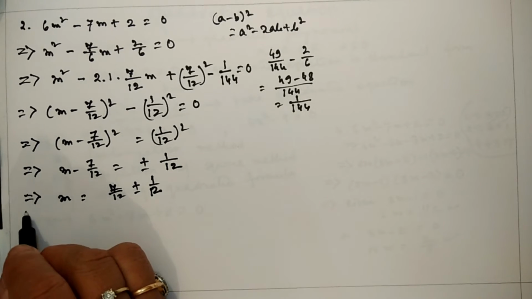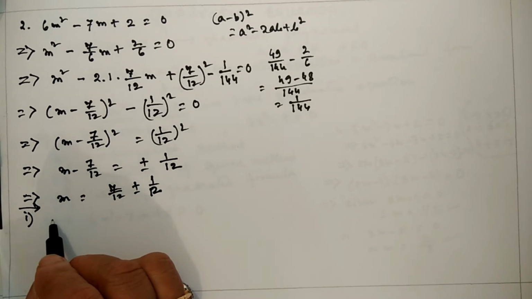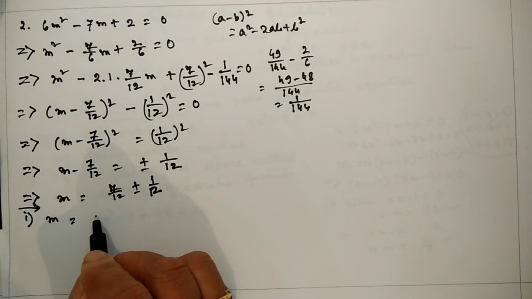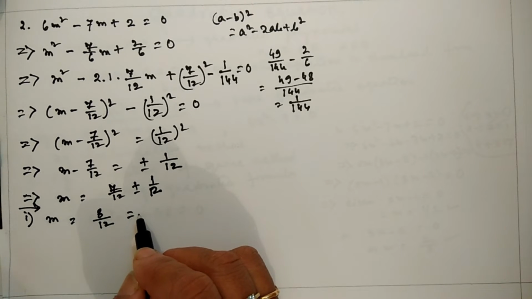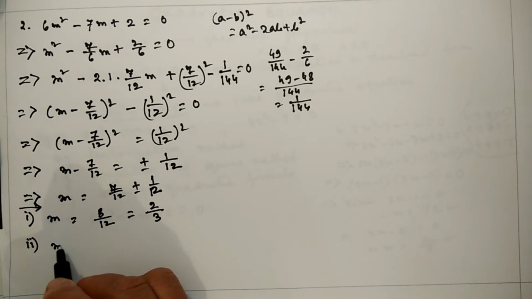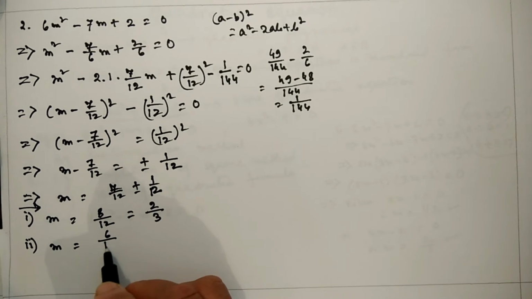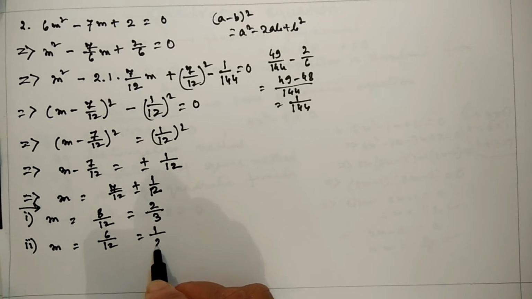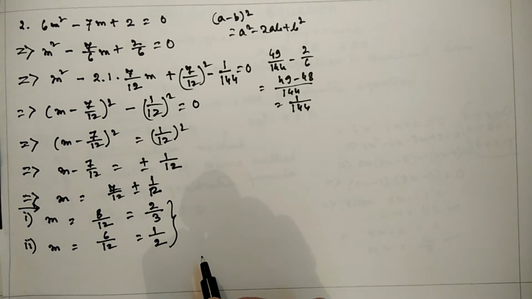So the two roots will be, I'll do in short, number one root will be m is equal to 8 by 12 is equal to 2 by 3, and number 2, m will be 7 by 12 minus 1 by 12, so 6 by 12 is equal to 1 by 2. So these will be the two roots of m. Okay. Now